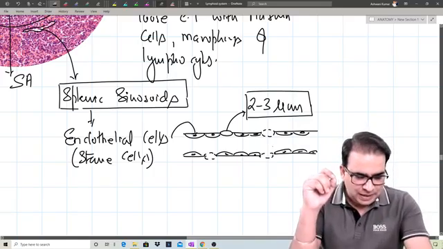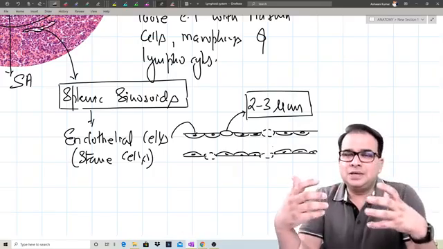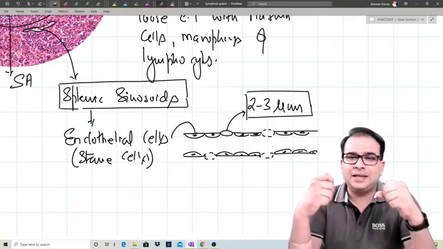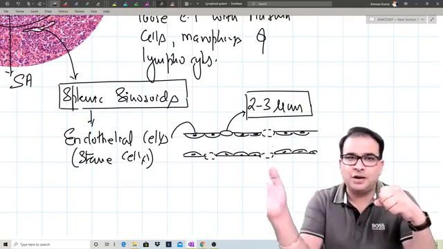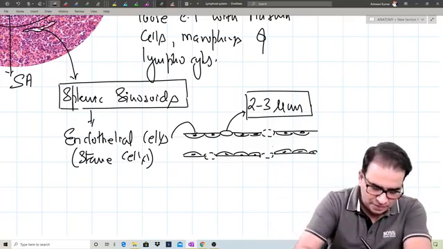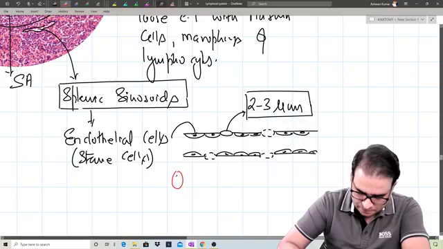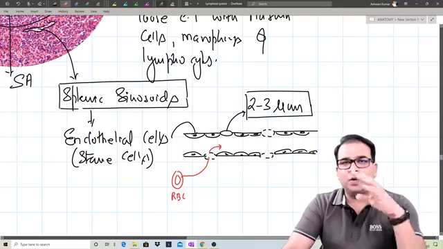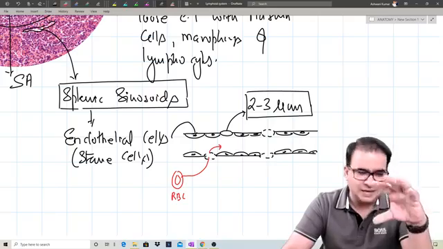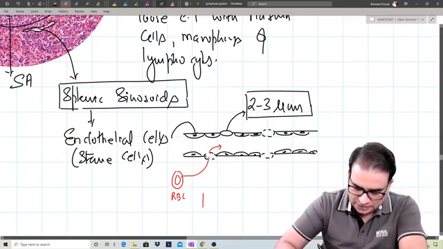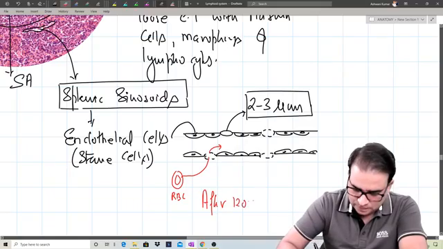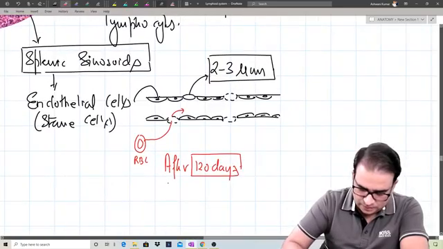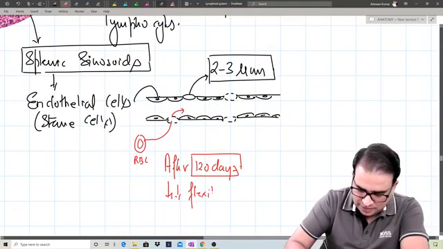The concept here is that if the RBC is within its life cycle, then the RBC is flexible, and it can actually go through these spaces and enter into the splenic sinusoids. But after the completion of the 120 days life cycle of the RBC, there is less flexibility in the RBC. So after 120 days, we have this flexibility going down,